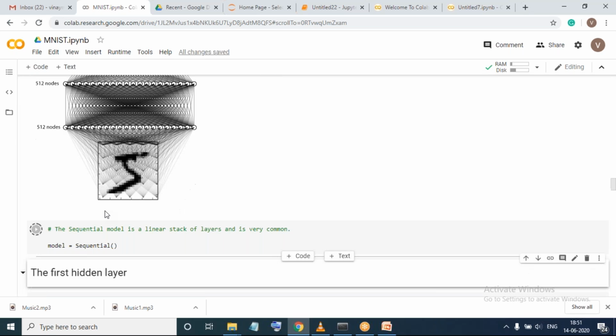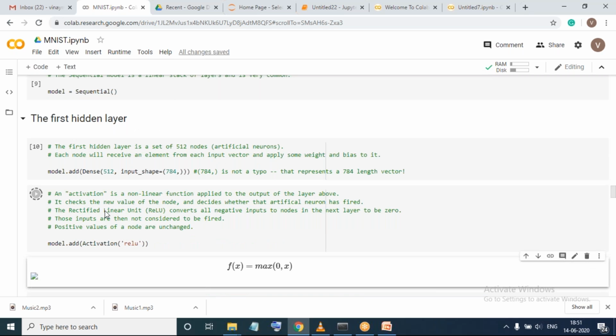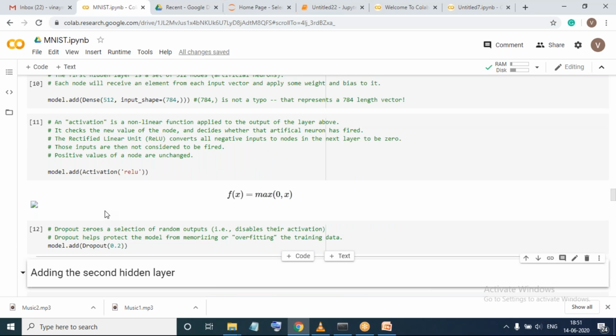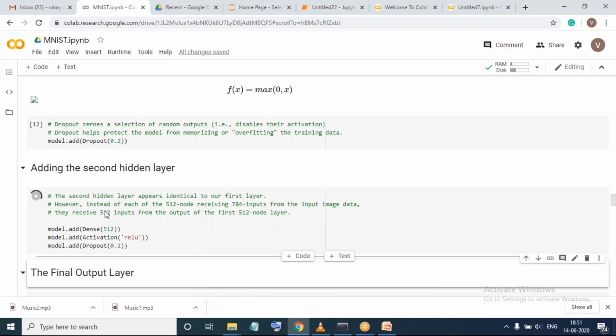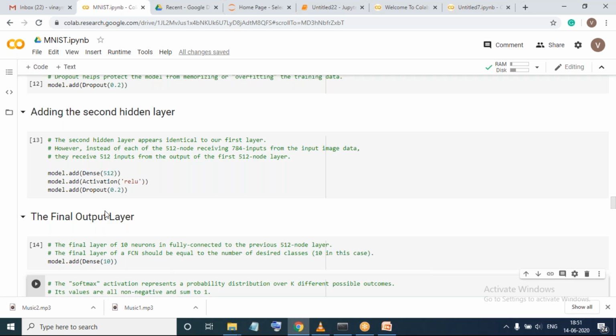And yeah, so this sequential model we'll be using. So this is my first layer. The activation functions and all those things we'll see later, friends. Right now, don't worry about those things. If you have taken an ANN subject, then you might have heard of these things, activation functions and all those things. So finally, we have reached the output layer.